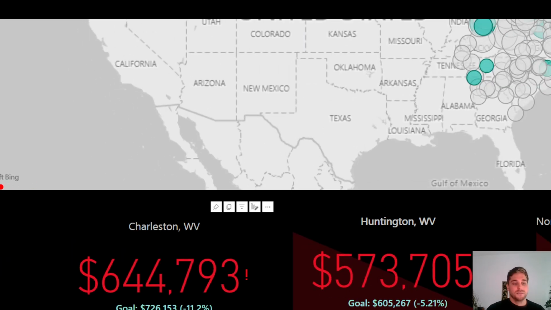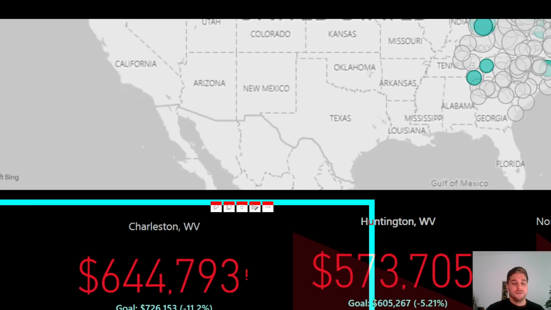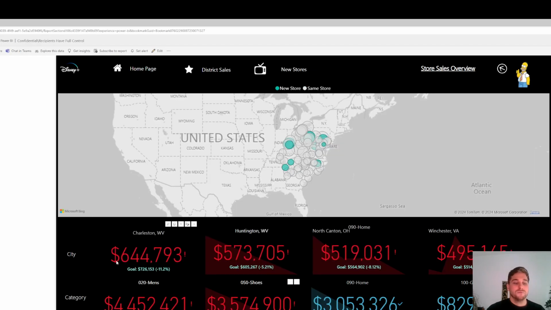But the next thing that attracts our attention, we can see those KPIs. Those KPIs help us spot the top 4 cities and top 4 categories and analyze with the color if they were above the goal. If they are not reaching the goal yet, they're going to have this red color and kind of attract our attention directly.